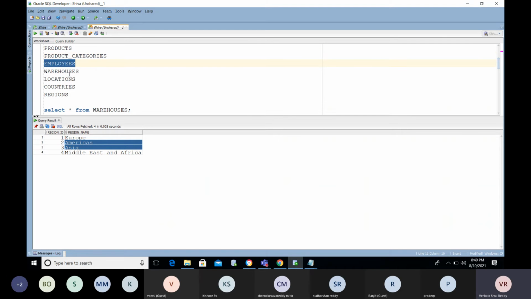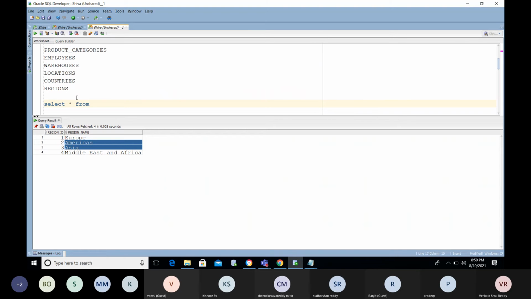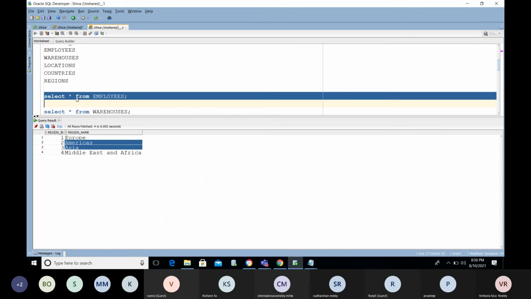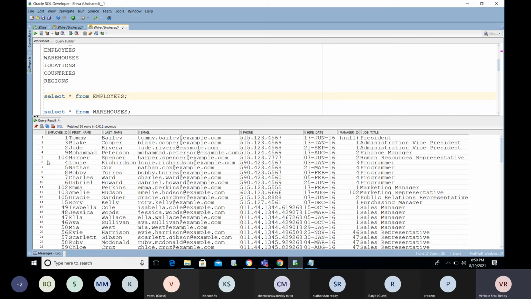Now we have employee tables. Now what are the tables we have? How can we identify whether this employee table has any foreign key constraint or relation to any other table?